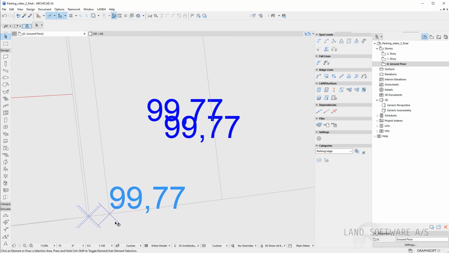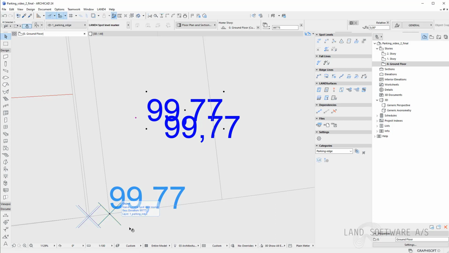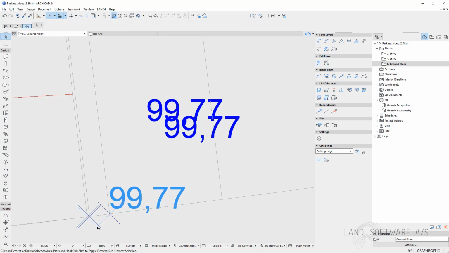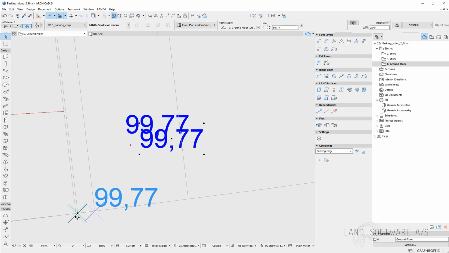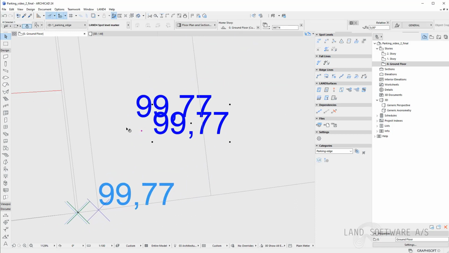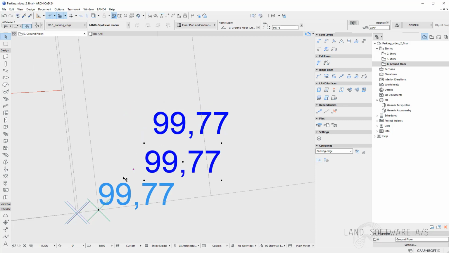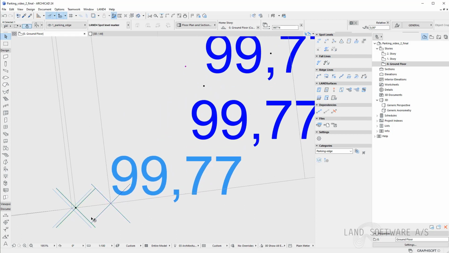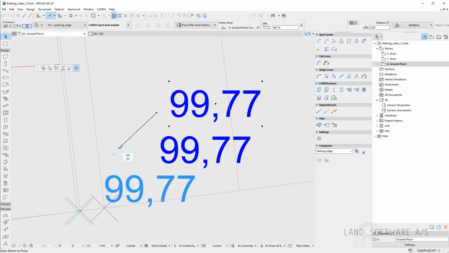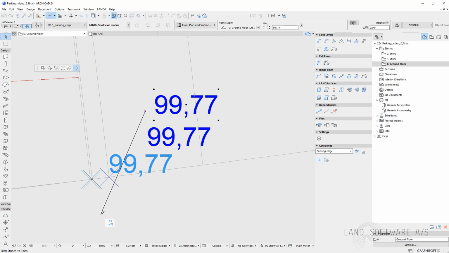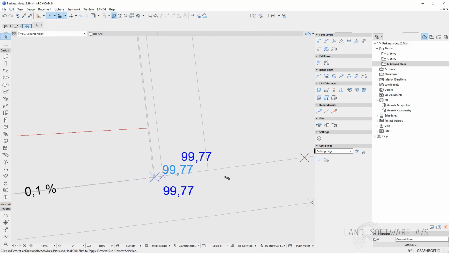You can always check which text is linked to which spot level by simply selecting it, and then the text will be highlighted accordingly. And you still have the chance to move it by dragging the purple button here, and therefore you can always adjust the spot level text, and you can place it wherever you want to.